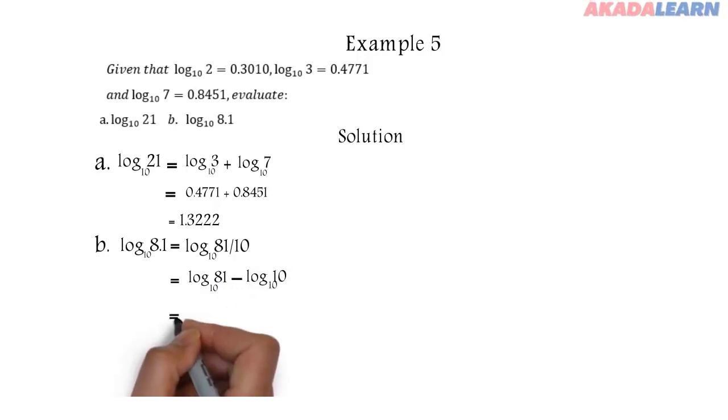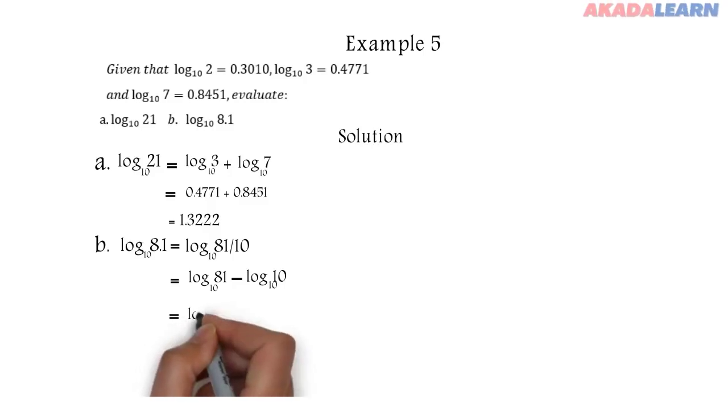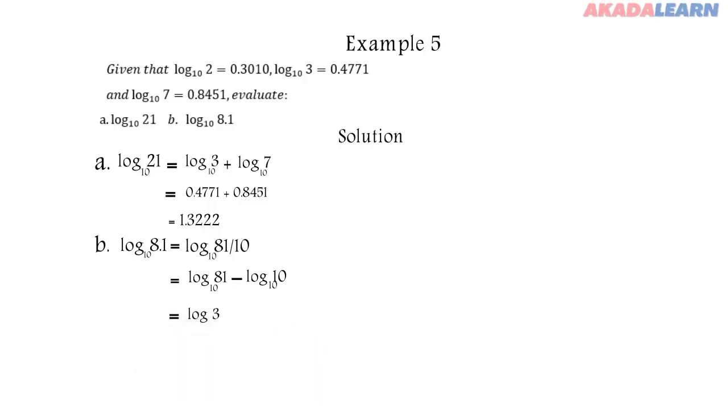So again, we simplify 81. 81 is the same thing as 3 raised to power of 4. So we write our base 10. Log 10 base 10, according to the rule, will be equal to 1. So logarithm to its own base is 1. So we apply the power law. 4 will now multiply log 3 base 10,